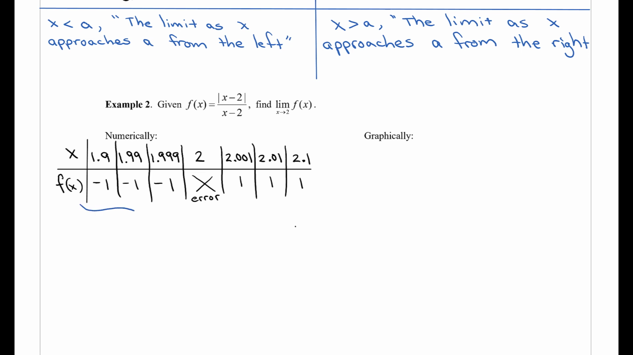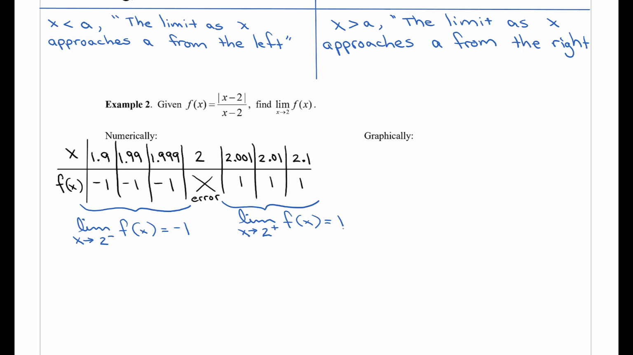so I have a little bit more space to write underneath it. I'm going to go ahead and draw a big curly bracket underneath my values here for x equal to 1.9, 1.99, and 1.999, and underneath it I'm going to write the limit as x approaches 2 from the left of f of x is equal to -1. And I'm also going to draw a big curly bracket underneath the values where x is equal to 2.001, 2.01, and 2.1, and I'm going to write the limit as x approaches 2 from the right of f of x